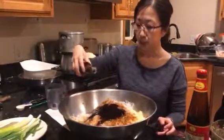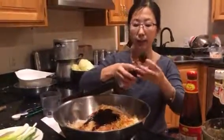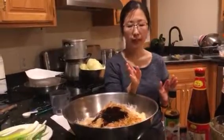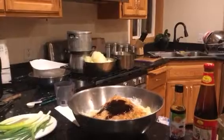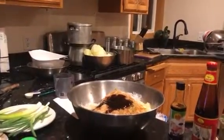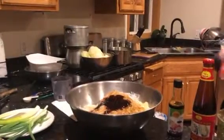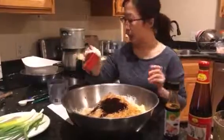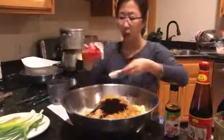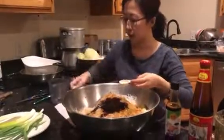All right. And what I did forget to bring out here is my black pepper. You could add black pepper if you like, okay? So I'll show you here. This is my black pepper here. You could just put a good 1 tablespoon of black pepper, okay? Just to kind of show you for the sake of